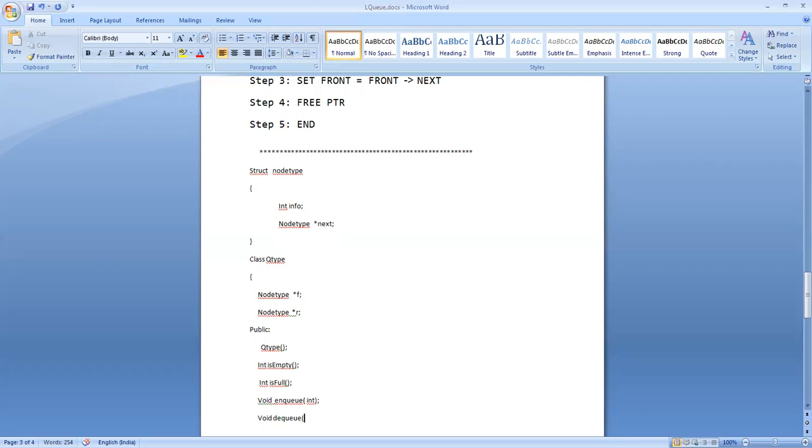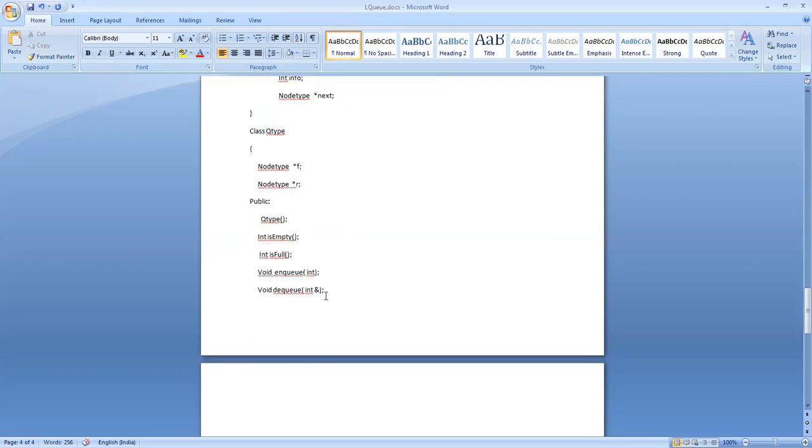Okay. Then the removed value I want to display, so I make it a reference variable. Because of this ampersand in the formal parameter, the value of this formal parameter is given to the actual parameter.